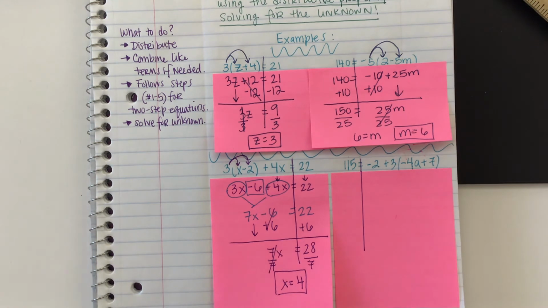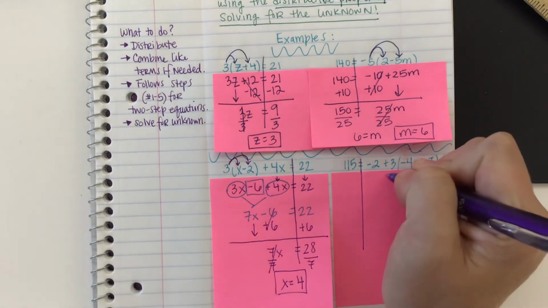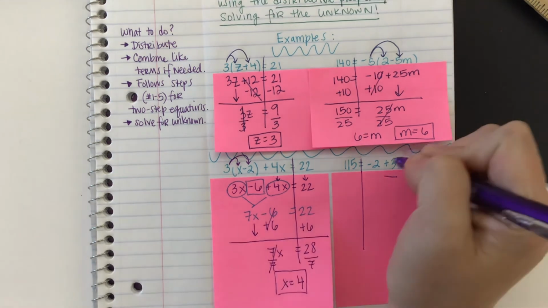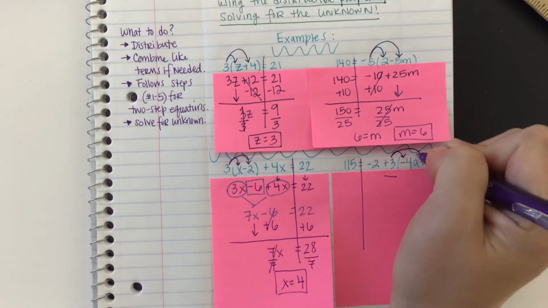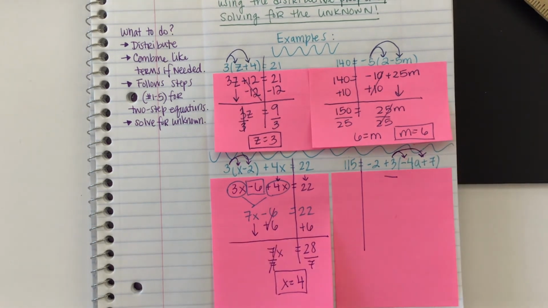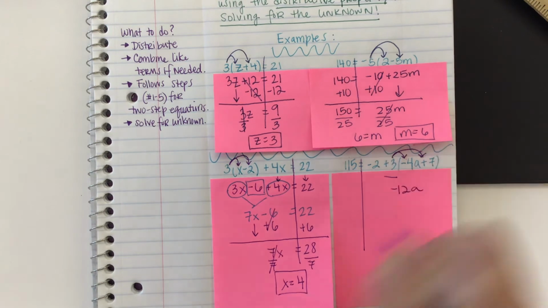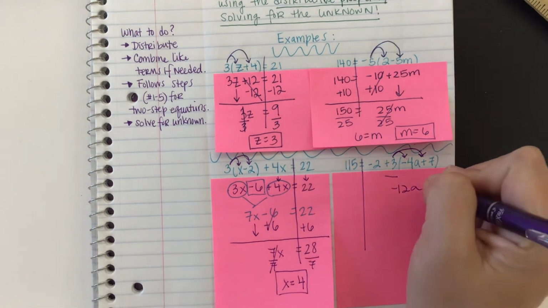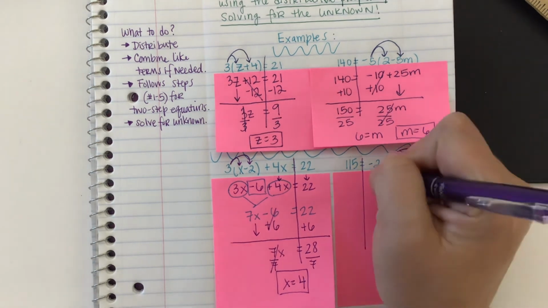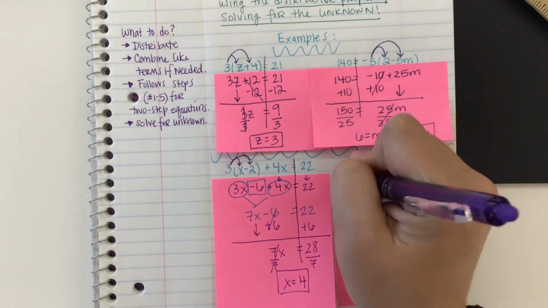So you cannot add before you multiply and distribute out, so we need to get rid of the parentheses. We take what is directly in front of the parentheses, which is the +3, and we distribute it to everything inside the parentheses. So we have +3 times -4a, which is -12a, and we have the +3 times the +7, which is +21, and we bring down what we didn't use,